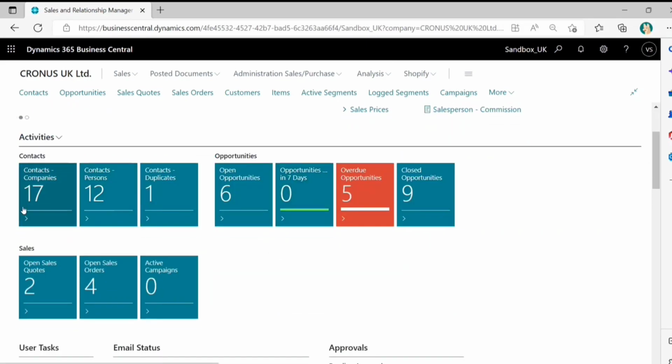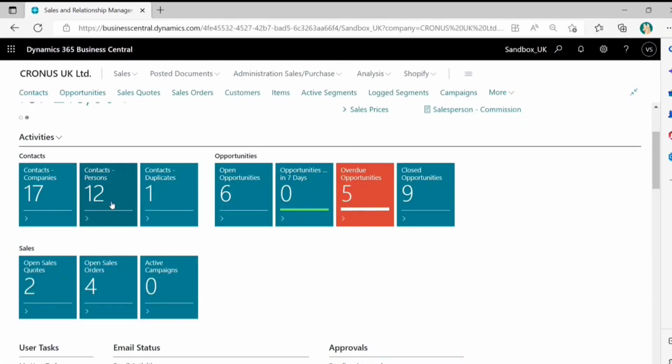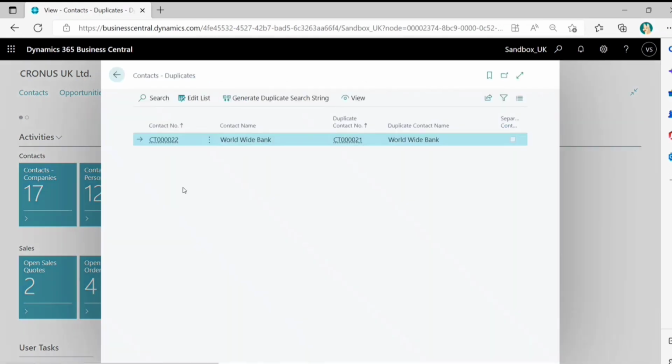These are called queues. Here you can see 17. 17 means there are 17 contacts in the category of companies. If I click here, I can see the list of all the contacts which are of the company type. In the same way we have the contacts as a person, and there is one more functionality, which is contact duplicates. Contact duplicates means if we have some duplicate contacts based on certain parameters, then we can also see this. If I click here, the system shows that contact 22 and 21 seem to be